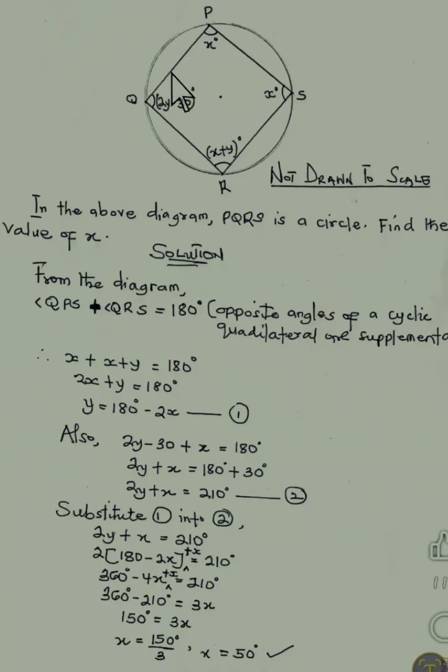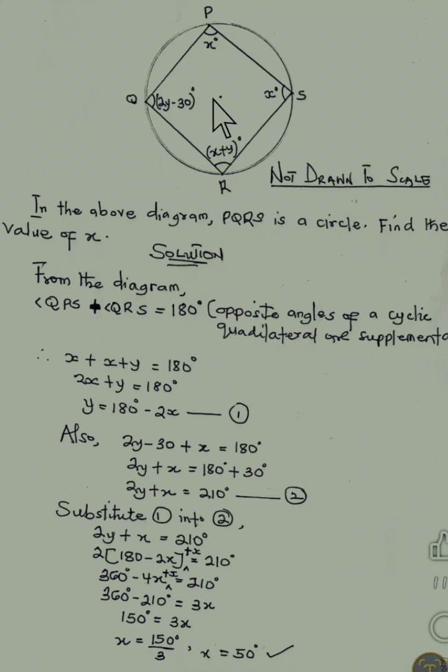Good day, my students. We are going to solve this problem here, and it is under circle geometry. This type of diagram here is called a cyclic quadrilateral. Why is it called a cyclic quadrilateral? It is because you have a quadrilateral in a cycle, and there are rules or theorems governing this type of